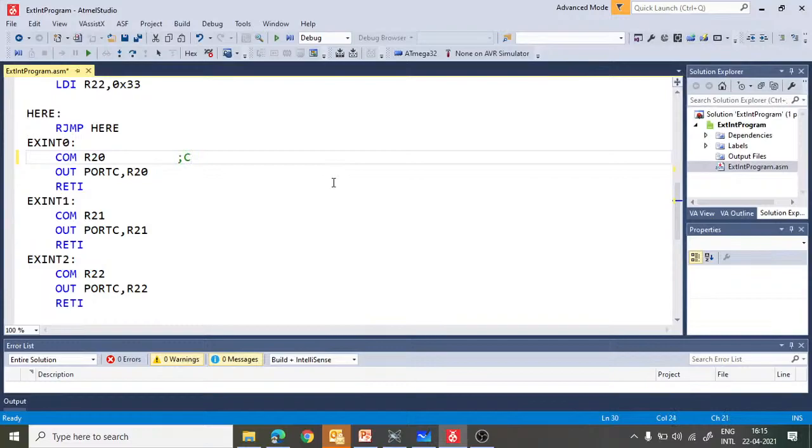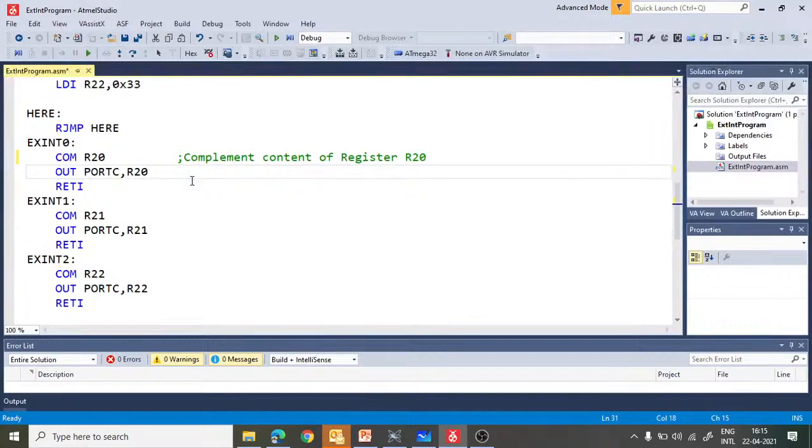So by this instruction, I am complementing the content of register R20, and then I am transferring R20 to port C, right?